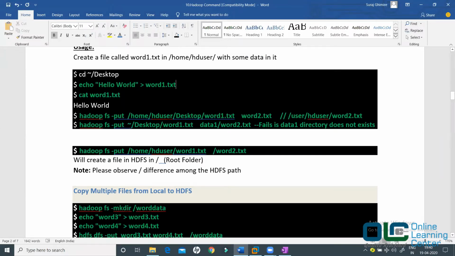Now let me do something like this. Let me execute this command: hadoop fs -put, then desktop word1.txt, and I'll say /word2.txt.